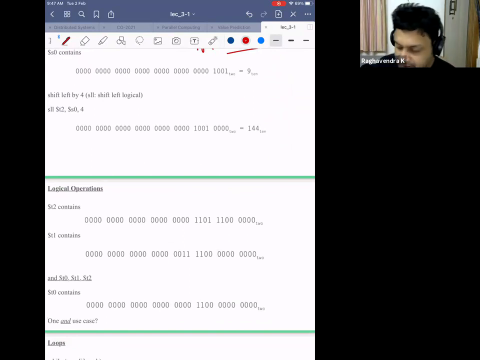Generally, bit operations are pretty important when you are doing embedded programming or low-level machine-level programming, and for a lot of other reasons, because it's pretty fast. The reason it is pretty fast is because the assembly already has such instructions available to you. So you don't have to do anything.